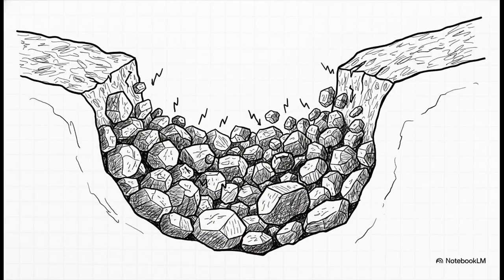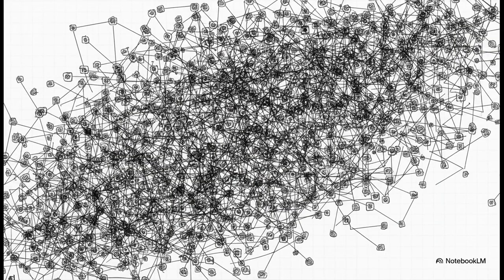Or let's think bigger. Picture an earthquake fault line. It's just jam-packed with countless rocks and boulders of all sizes. Predicting exactly how each one is going to shift and grind against its neighbor during a tremor, that is a mind-bogglingly difficult task. And this isn't some old, dusty problem from 100 years ago. It's happening right now, all around us.